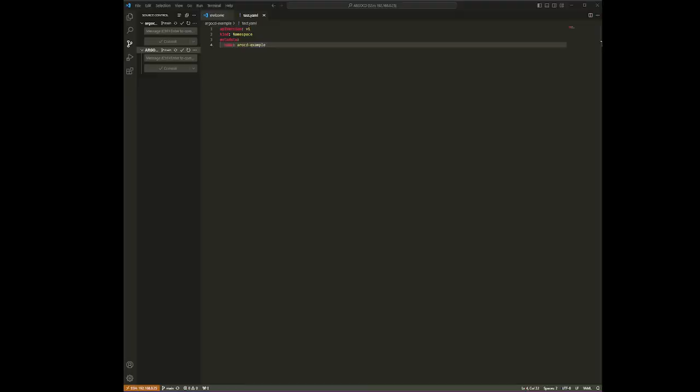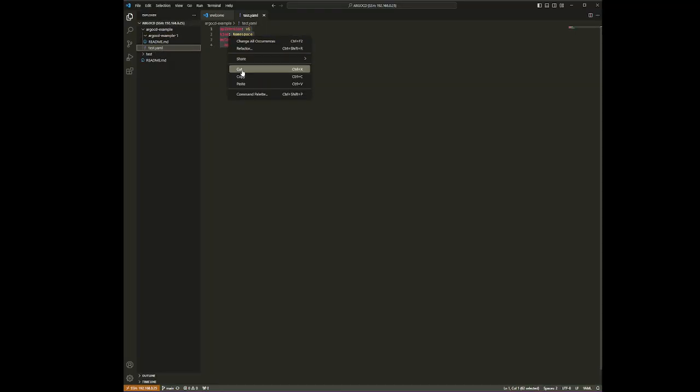Also, I want to create a folder under the Argo CD example, which is my main repository. Just Argo CD example 1. Then create the YAML file, and I will copy from this.